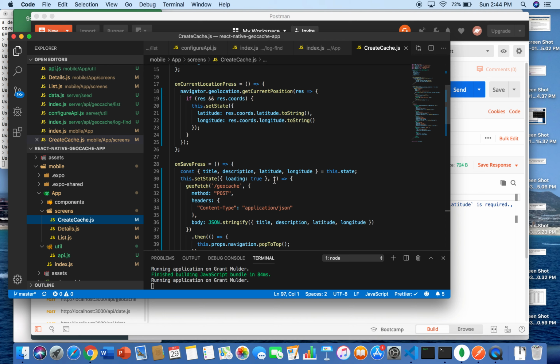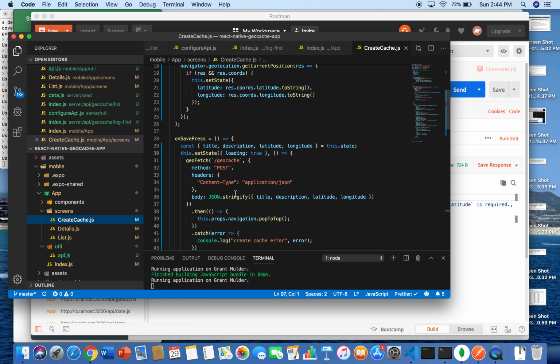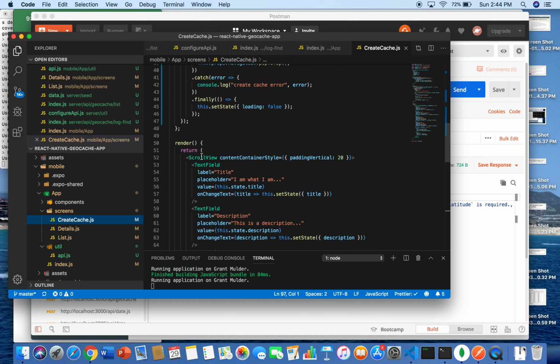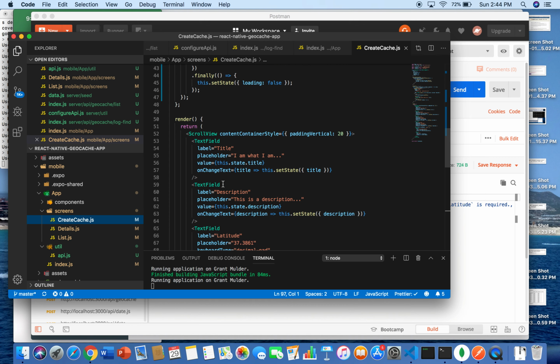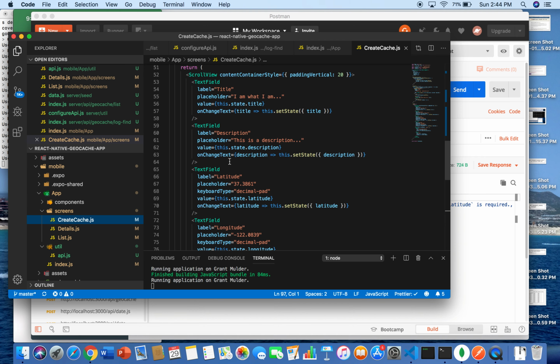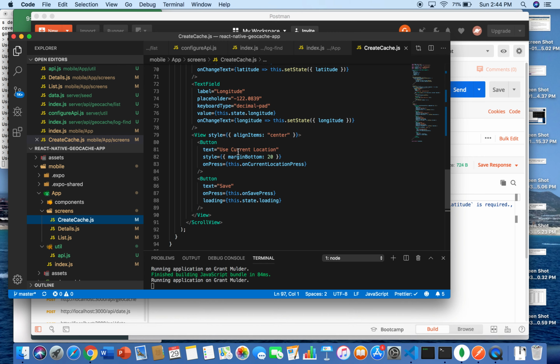If you hit save, it'll save it and post it to the other page. Having the JSON for a string for all these different things. And then going into the render, having it take the label, the placeholder, the value, the on-change text, as well as just that for everything, for all the different text fields. And then the buttons,